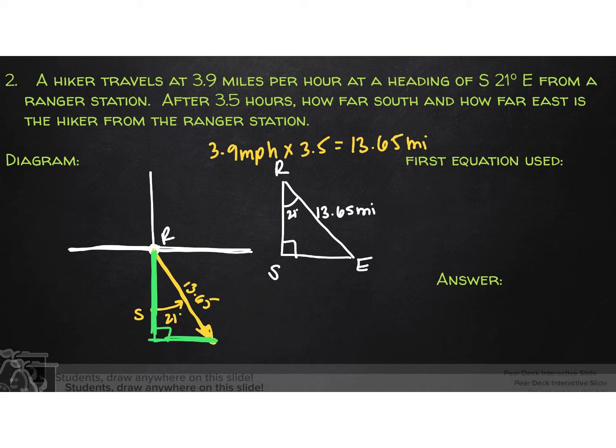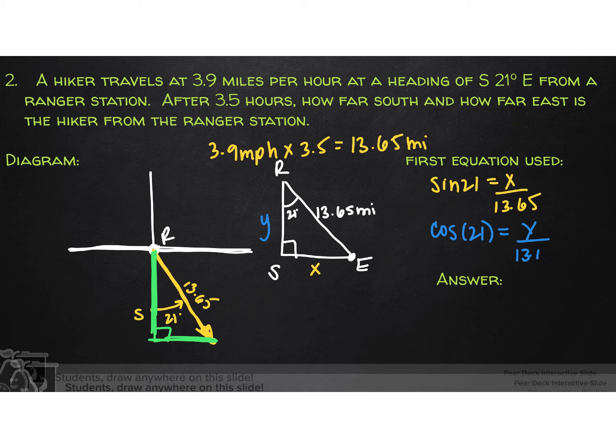Okay, so we can kind of figure out their coordinates by figuring out how far south and how far east they actually went. So to do that, this one's actually just right triangle trig because we can assume that south and east are perpendicular of each other. So to figure out how far east they went, it would be sine of 21 is equal to opposite over hypotenuse. And then to figure out how far south they went, that's cosine of 21, or you could have done sine of 69, is equal to y